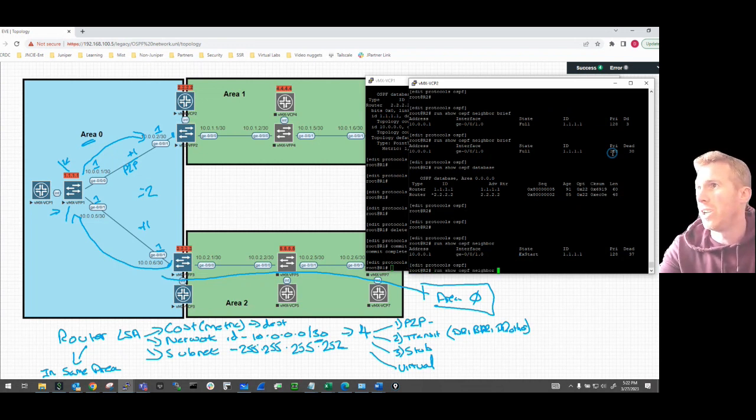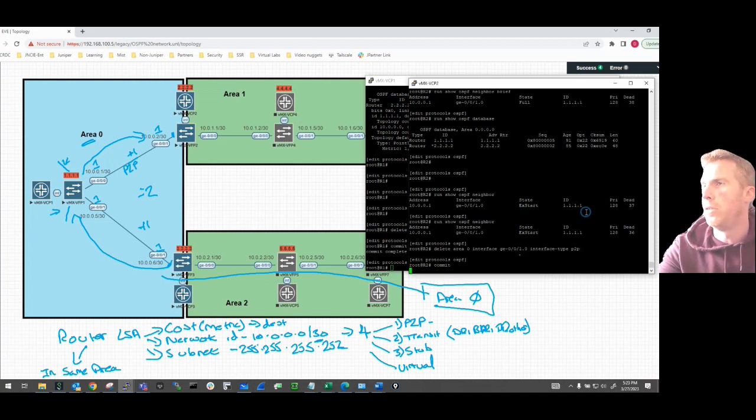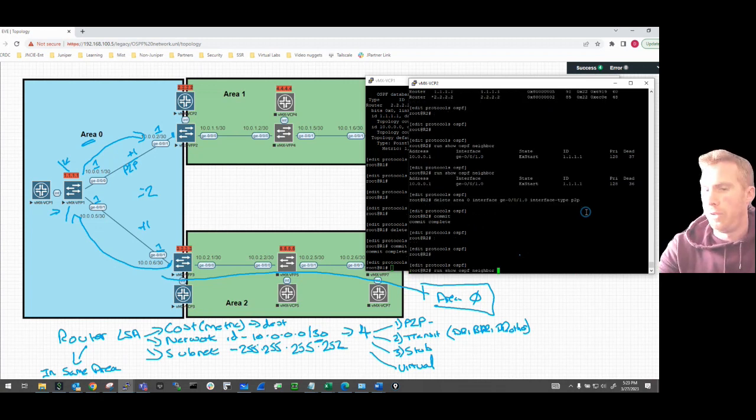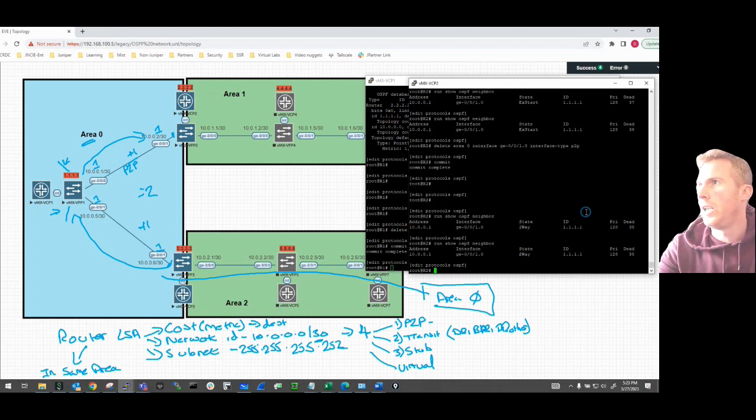If I do it again, it's not going to get to the full state, because here it's saying I'm not point to point, and R2 is saying I am point to point, so they're never really going to build that adjacency. So now if I do delete on R2, delete area 0 interface, interface type point to point, and commit that as well, then once that has been passed through the checks on Junos, if I do the same now, it has gone to two-way, and eventually we'll see this